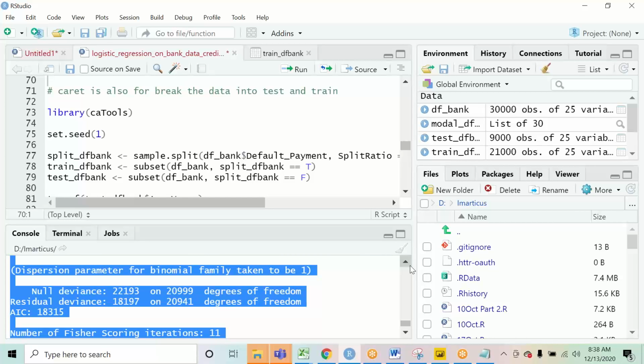The AIC stands for Akaike Information Criteria. This is again similar to the value of deviance.